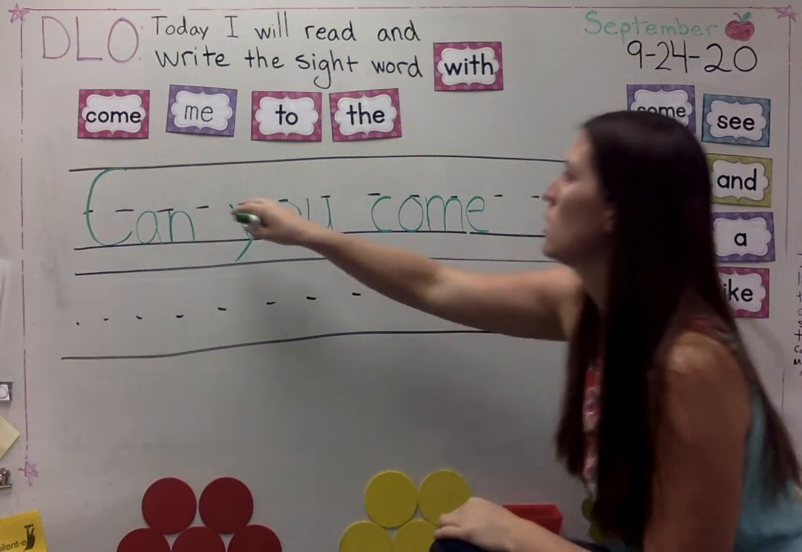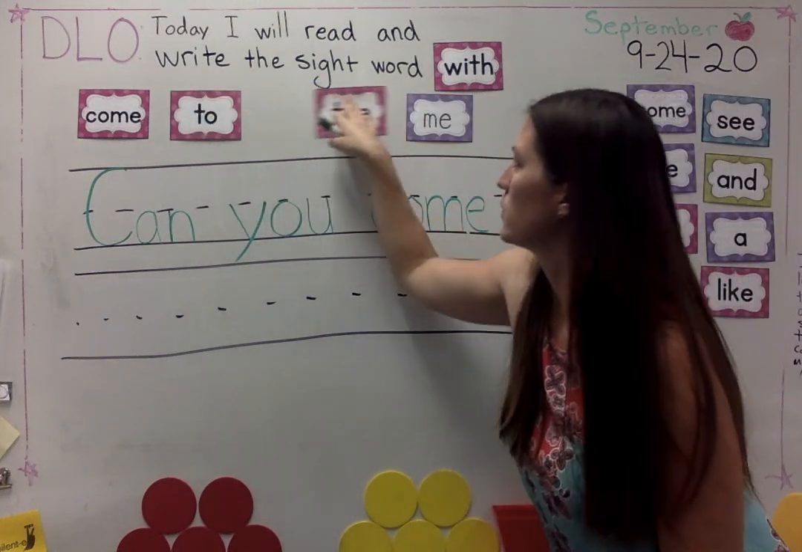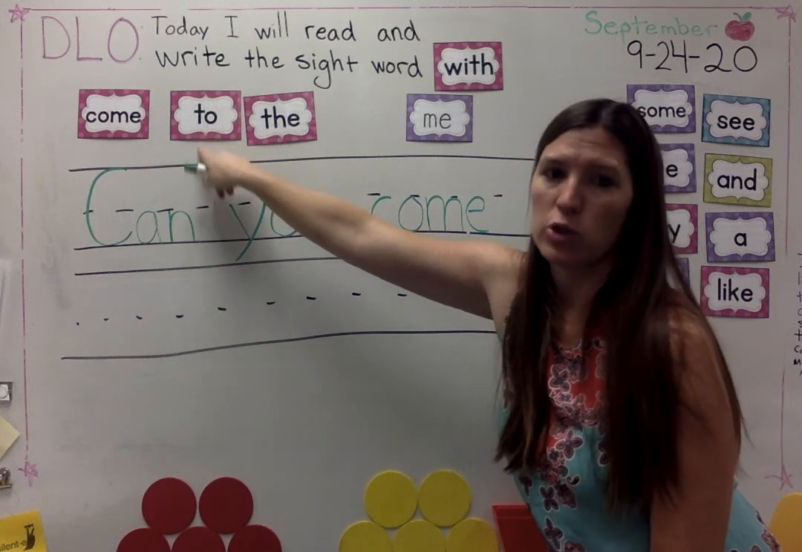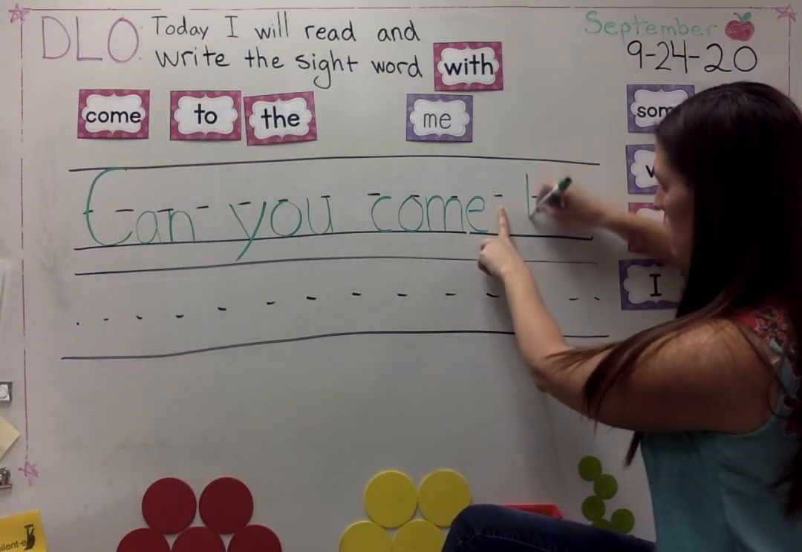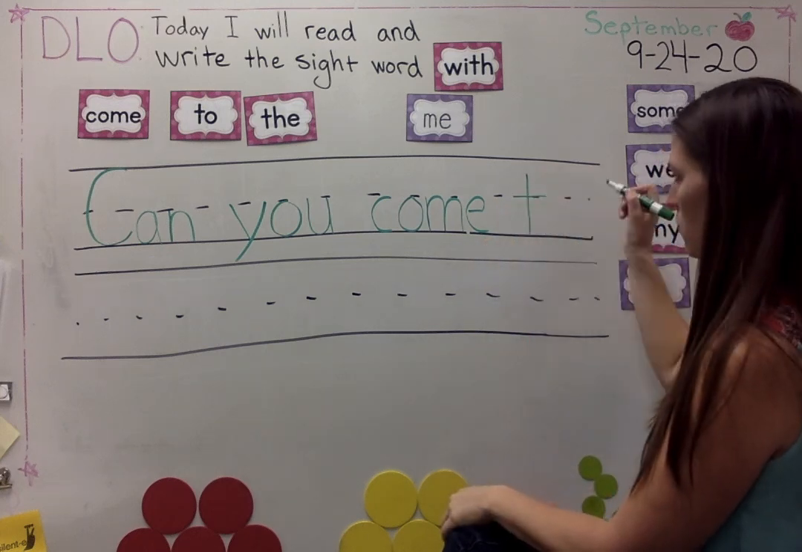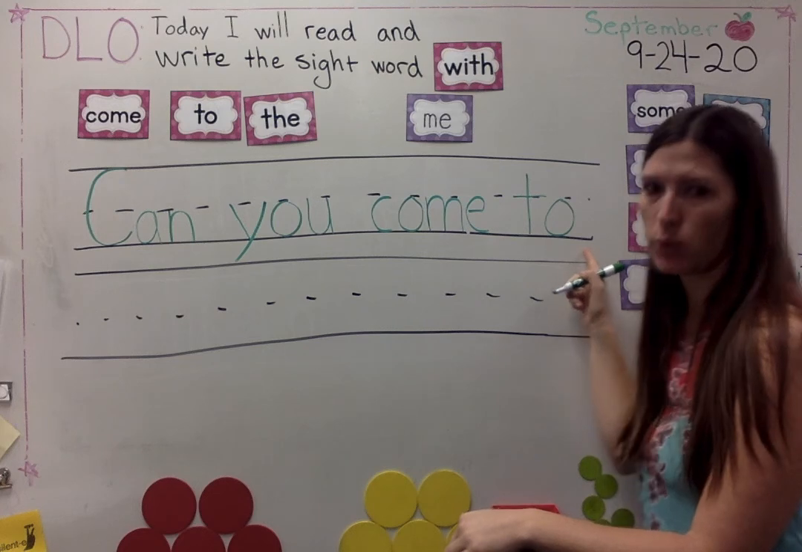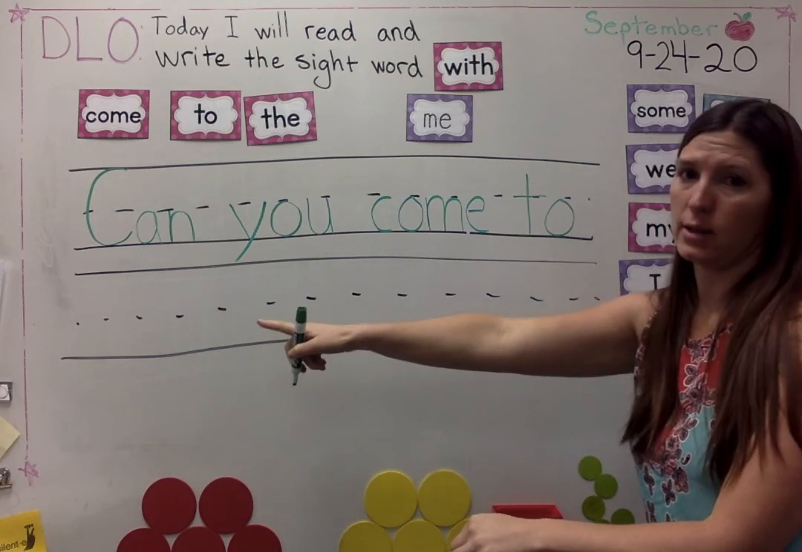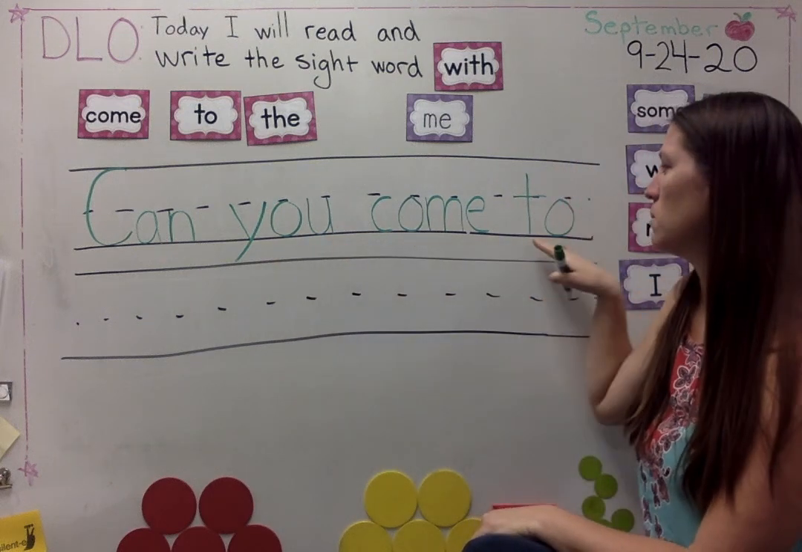Let me look at my sight word. I have this over here. How do I spell to? T-O. Finger space, T, down, across the fence, O. I ran out of space. What should I do? Go to the next line. Let's read what we have so far. Can you come to,